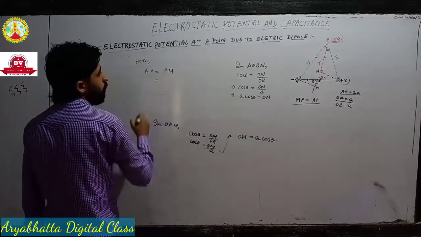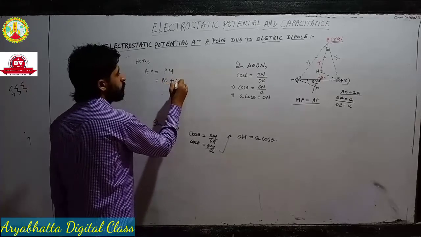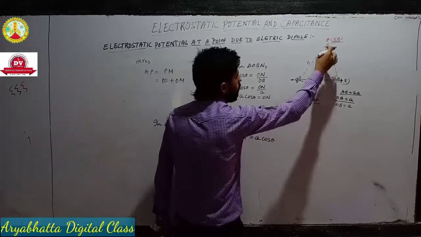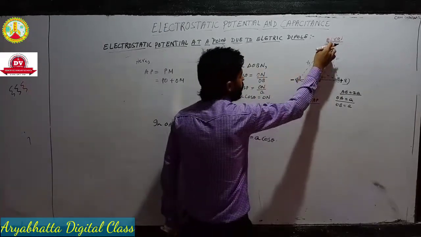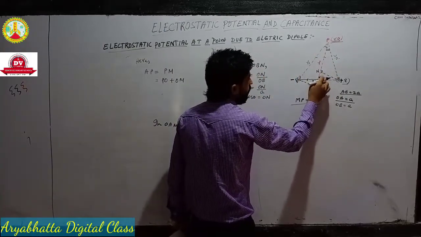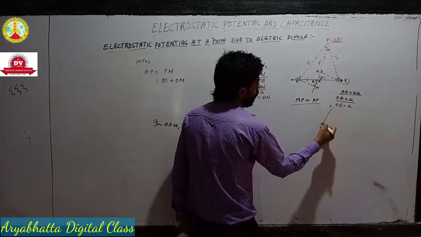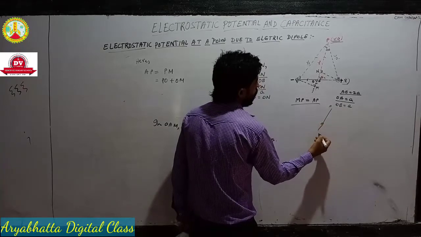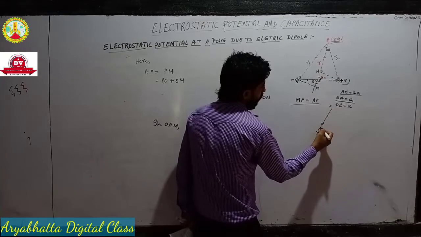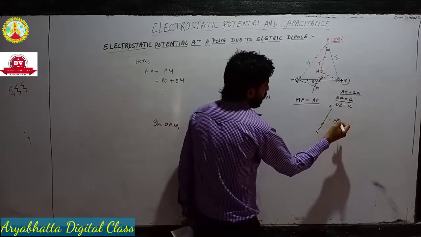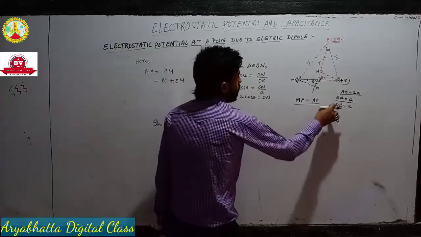So PM, what we can write as PO plus OM. See, PO plus OM, if you can see clearly, right? So see this diagram very carefully. This is your PO and I just extended this O from this M. So PO plus OM gives what? Nothing but PM, right? So PM doesn't mean Prime Minister. This is just a name. Don't think Prime Minister.